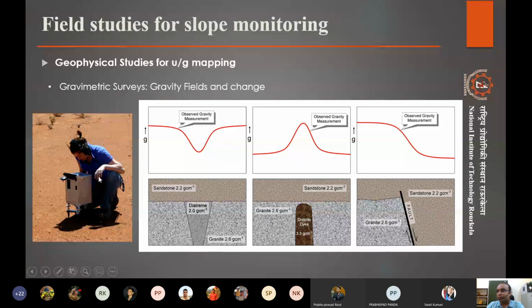So these kinds of portable gravity meters are there. They can be kept directly on the ground, and there are certain settings for each case, giving the latitude and longitude and so on. And they can find out the local acceleration due to gravity. If we can get a known difference, we can predict what kind of density change there is.